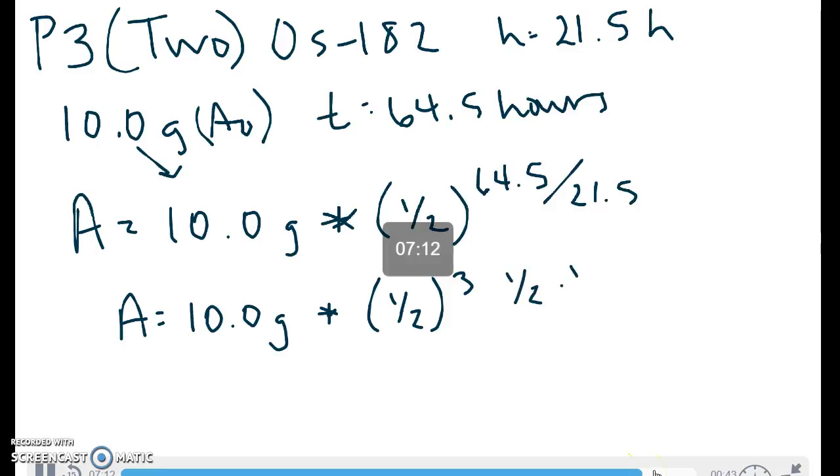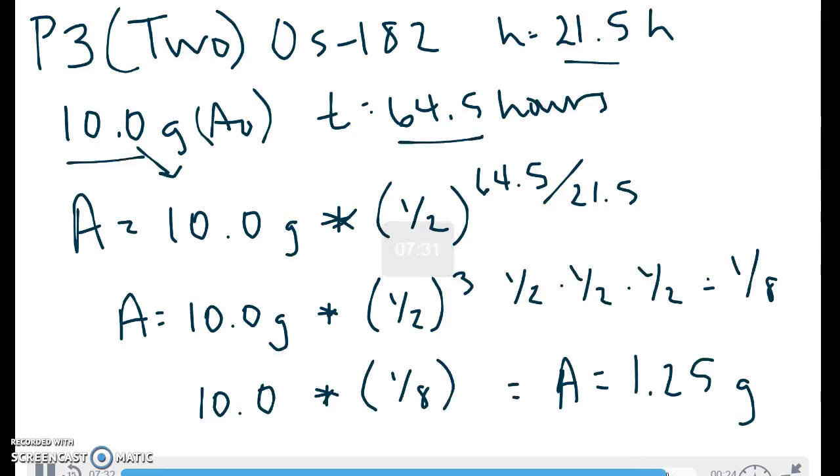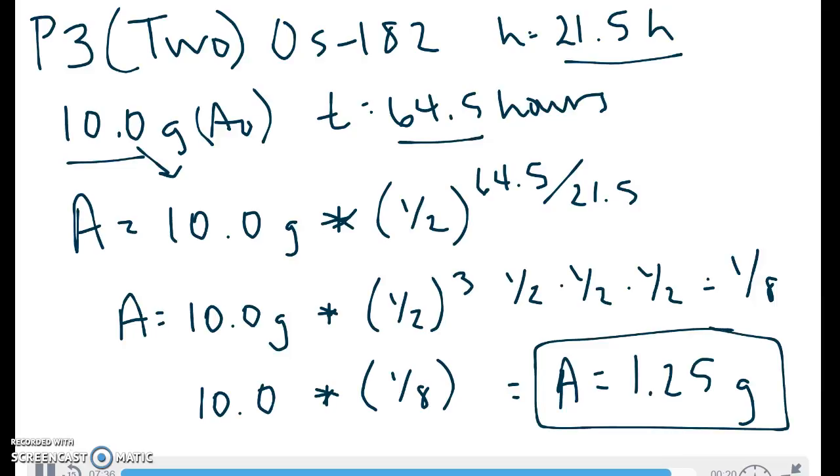Taking 1/2 times 1/2 times 1/2, which equals, and I get out of 3, and that number has 3, so my answer can have 3. And that's how many grams would remain after 3 half-lives of this sample with a half-life of 21.5 hours, and I've only given it 64.5 hours. So this is just a way to determine how much sample